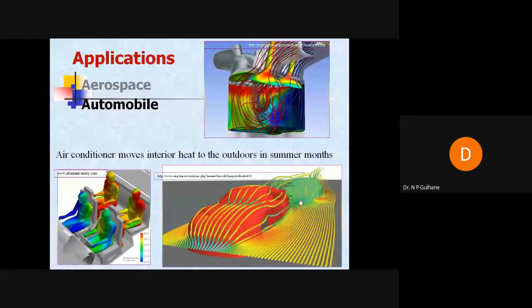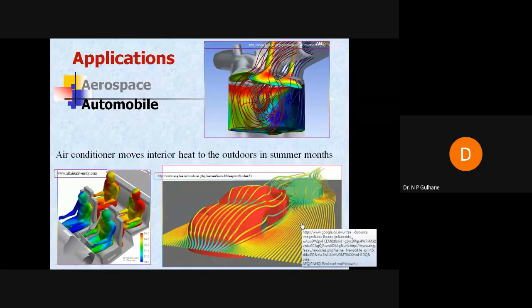Now, if you see the outside design, the car moving on the road should face minimum opposition, minimum drag force without any lifting. There should not be any vibration, and it should be dynamically balanced, even at a speed of 100 to 140. Those things you have to design virtually when you take the help of CFD, right?